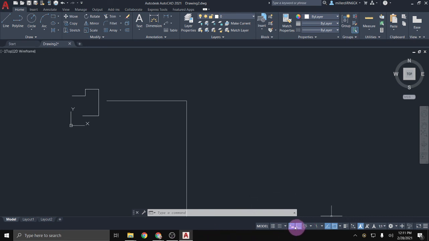So now that I have ortho mode on, I'll go back into the line tool, L, enter. I'll click somewhere to start my line, and it's only allowing my line to be horizontal or vertical, and even if my cursor is a little bit off, it will only allow me to do it just that one